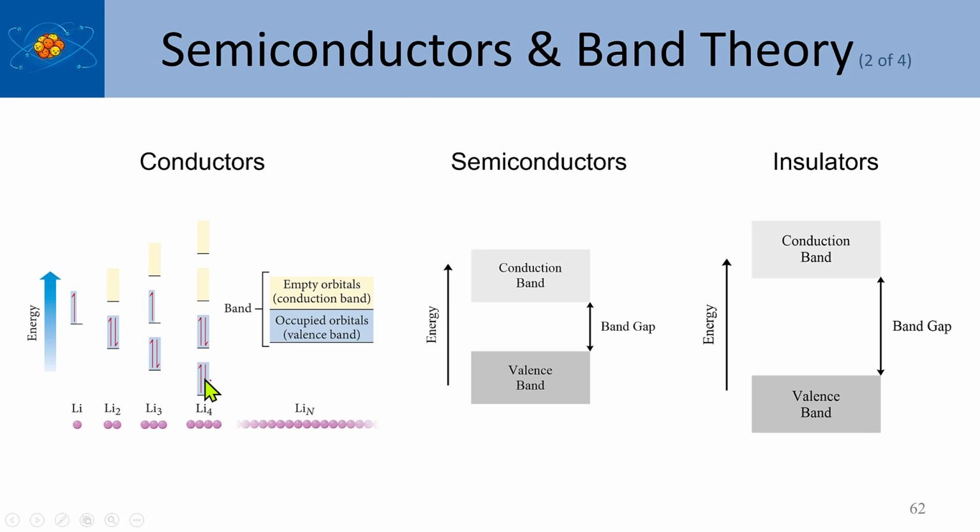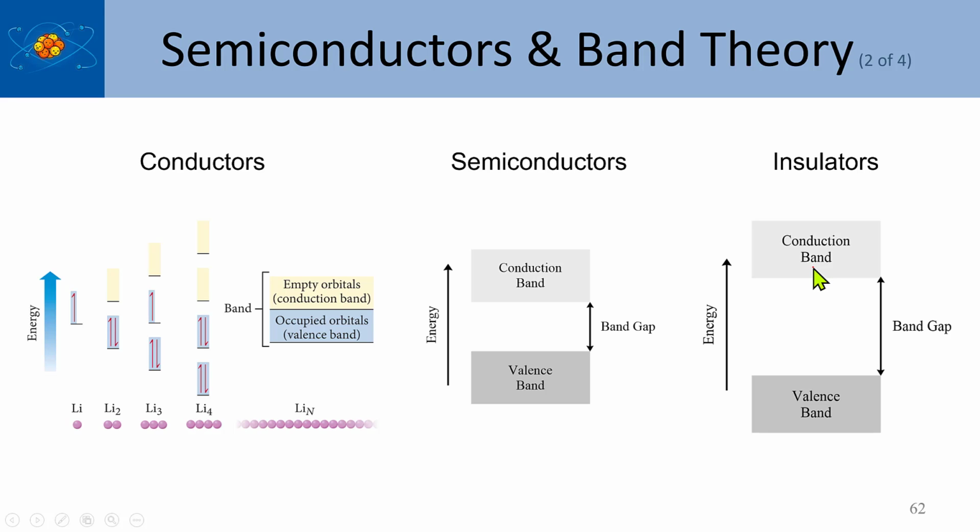So if the energy difference, right, between the bonding and anti-bonding orbitals is great, you can imagine a situation where you create a gap between the valence band and the conduction band. So this is what's happening when you're looking at elements like carbon, nitrogen, oxygen, fluorine. The difference in energy between the bonding molecular orbitals and the anti-bonding molecular orbitals is so large that it creates what's called a band gap. So the band gap actually keeps electrons from moving because the valence band is full. Electrons can't jump to the conduction band,